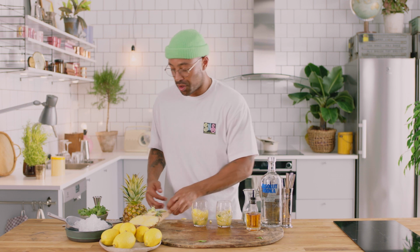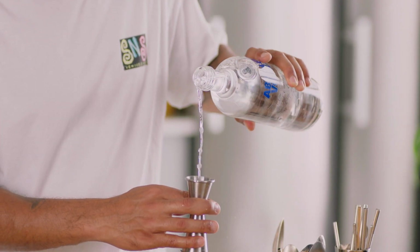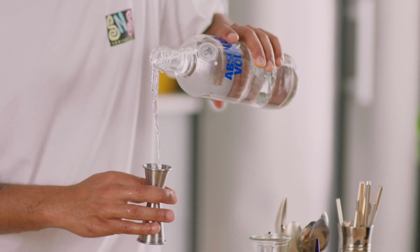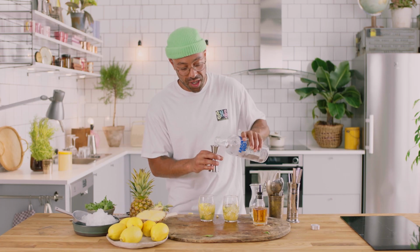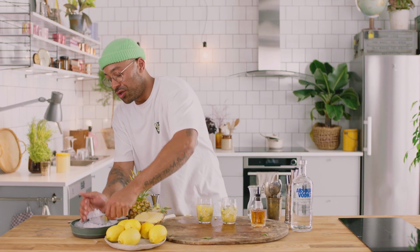Once we've gathered all this, we've smashed it up, turned everything into a pulp, it's time to add the star of the show, and we want to add 30 mils per drink. I missed a little bit there, guys, sorry, so I'm going to add another 20, 50 mils per drink. Next up, all we need to do,